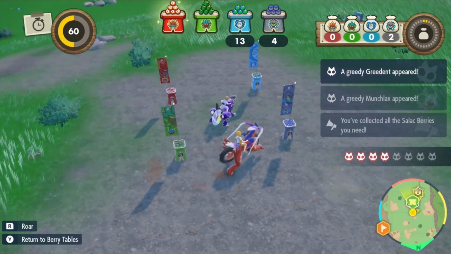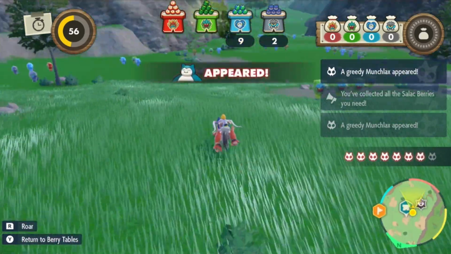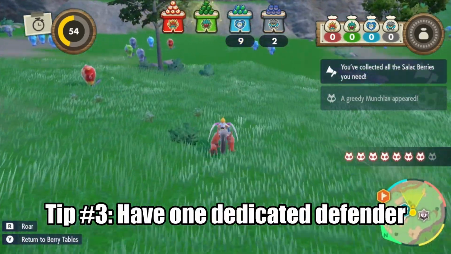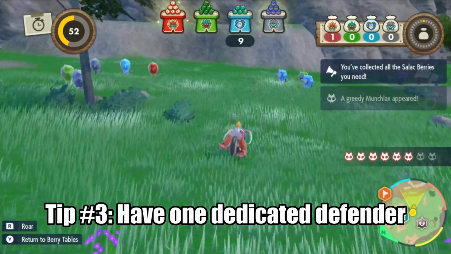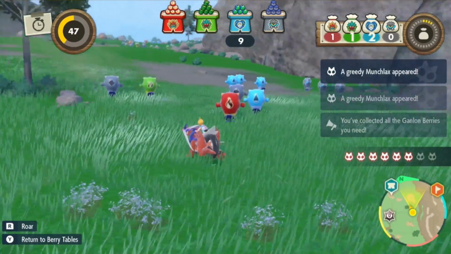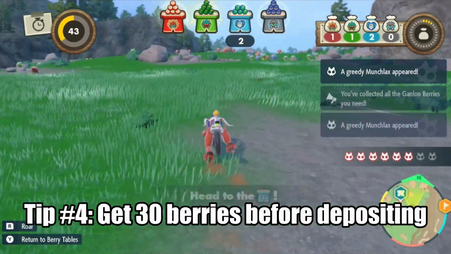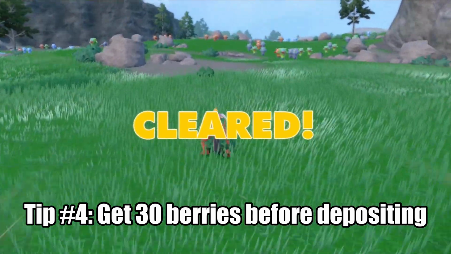You really want to make sure the Pokemon aren't eating the berries, because Snorlaxes eat very quickly and can completely destroy your run. Now, generally you want a dedicated defender so everyone knows their role, and we learned from the first few stages that the Miraidon character often got 30 balloons first, so they were often the defender. Keep in mind that no Pokemon spawn until the first berry is deposited,